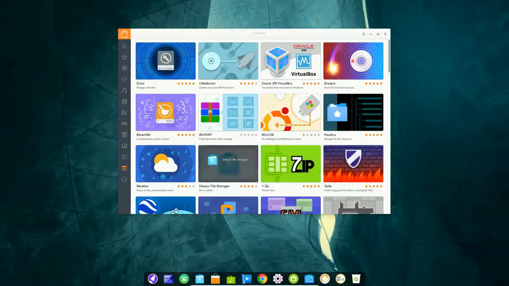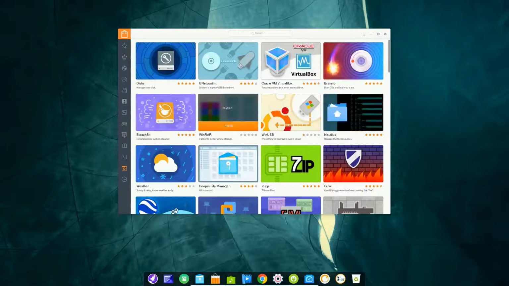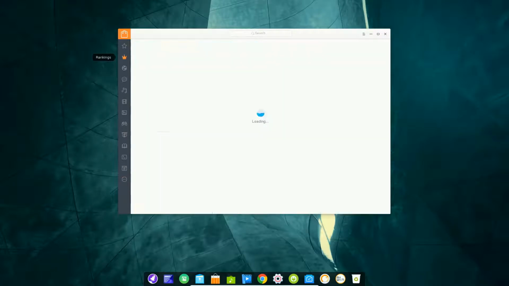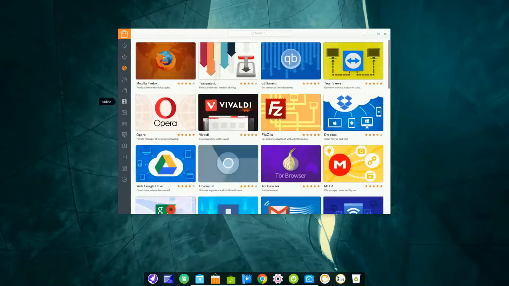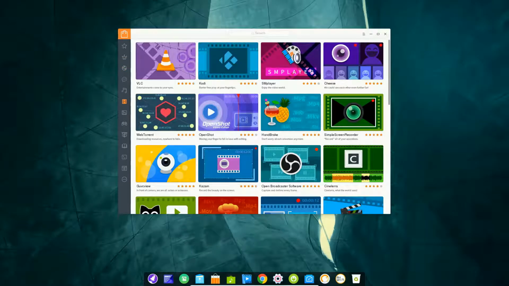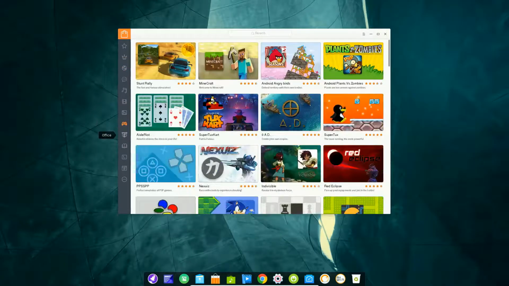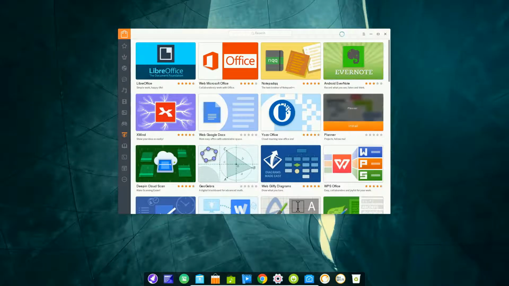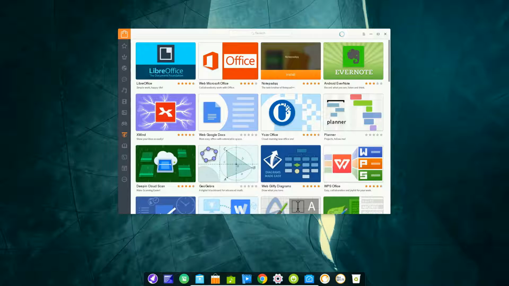System, VirtualBox, Brasero, WinRAR, and others. I guess ones like Play on Linux and whatnot that have not been categorized. Very interesting. There's a lot of stuff here. Let's just try a quick install. A lot of stuff here, and if all of it is actual functional, it's quite impressive. So far,